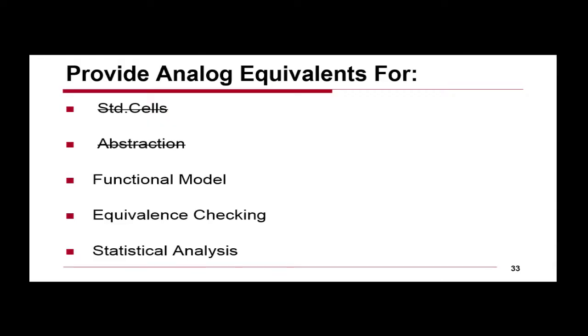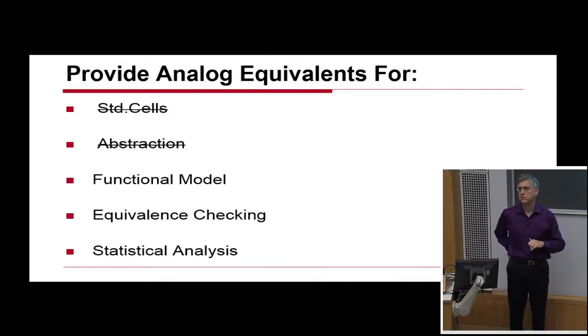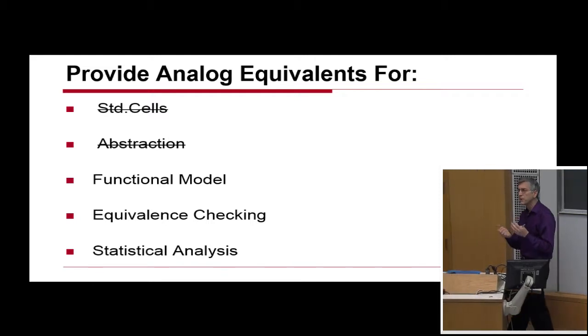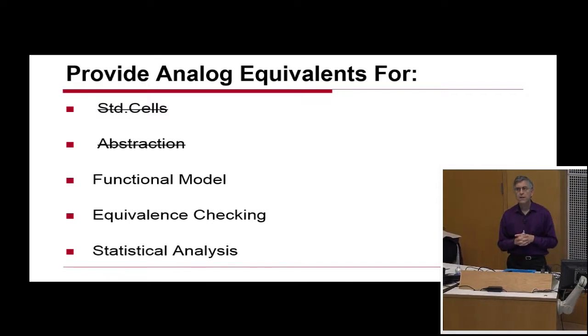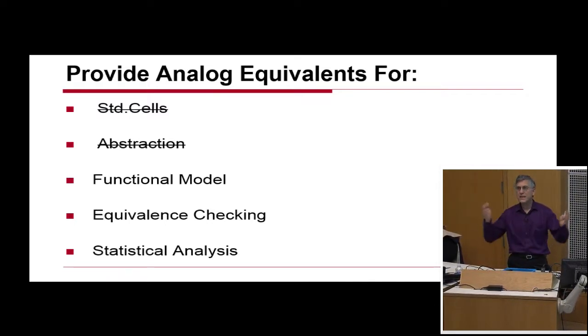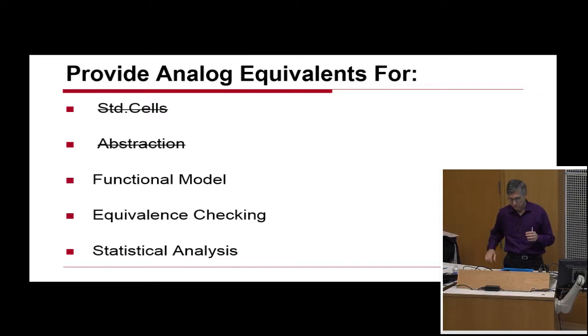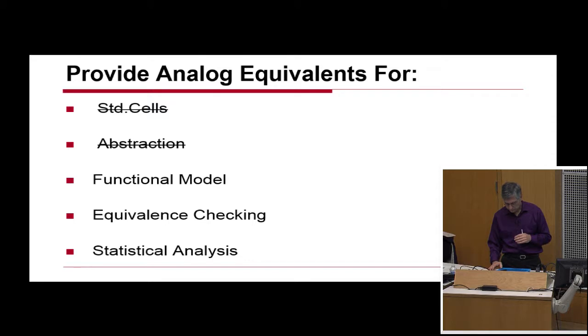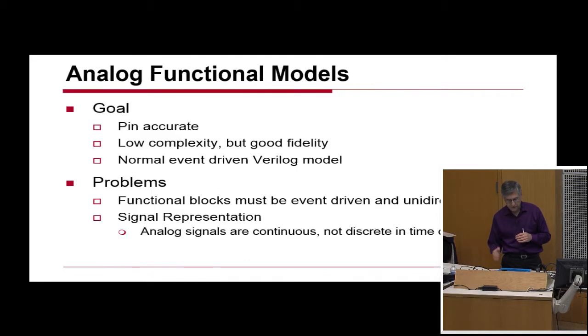So if I have an abstraction, then I know what a functional model needs to model, because it needs to model the piecewise linear behavior of the underlying circuits. And so the next task that my students worked on was how do we build piecewise linear models for analog circuits that will work in a digital validation framework so that we can do the whole system simulation fast enough to validate the system. OK, so let's look at functional modeling.